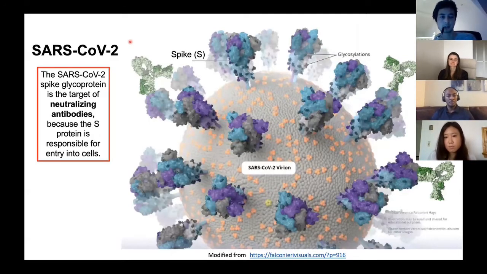So I'm going to dive right in and talk about our work on SARS-CoV-2. As we all know, SARS-CoV-2 is an ongoing pandemic that causes COVID-19. And SARS-CoV-2 is actually an envelope virus, which targets cells of the lungs and can lead to severe